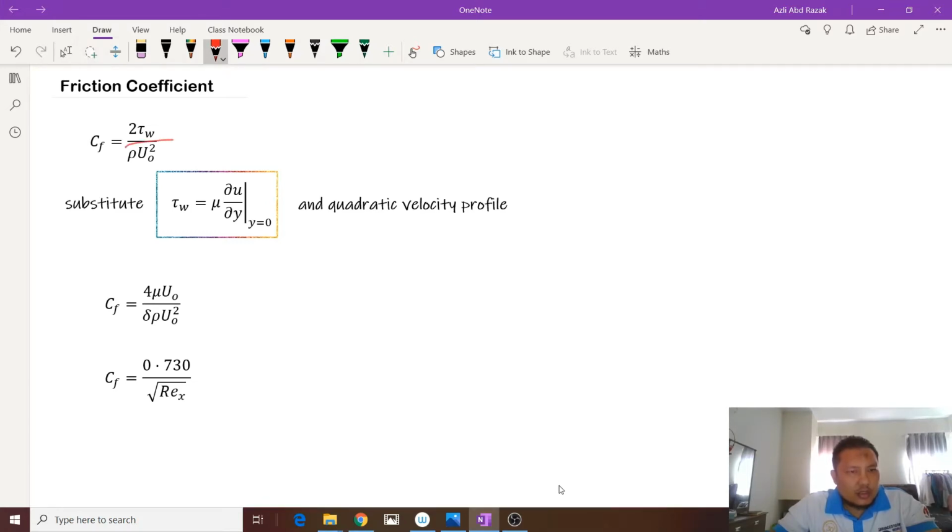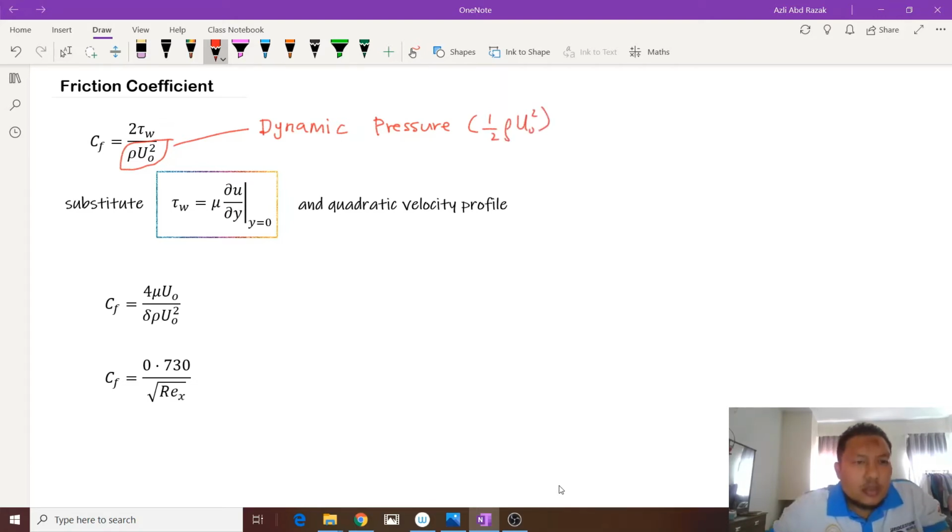This equation is basically the dynamic pressure, half of it, because the dynamic pressure is half rho u naught squared. This is half of the dynamic pressure, so we got rho u naught squared as the denominator. And then we did use